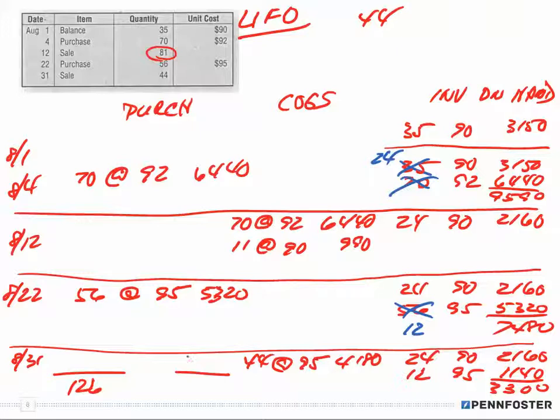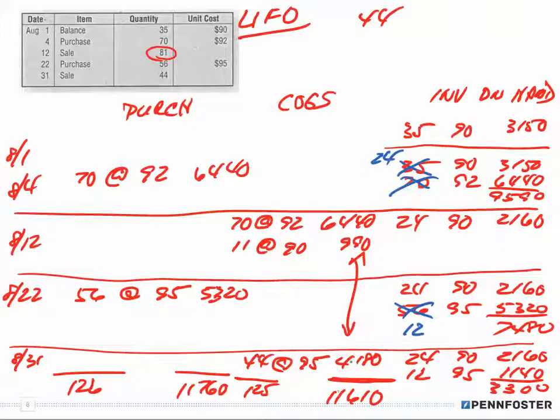We're still going to have the same dollar value of 11,760. We're going to still have the same number of units that were sold, 125. However, the value is going to be different. The LIFO and FIFO value is going to be different. So when we add these three numbers up, okay, we end up with 11,610 as a difference in our cost